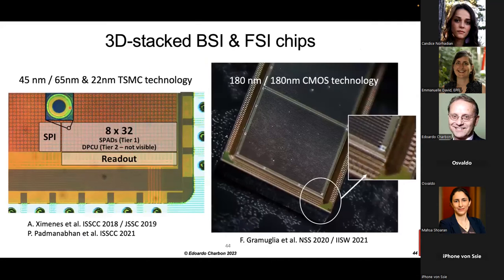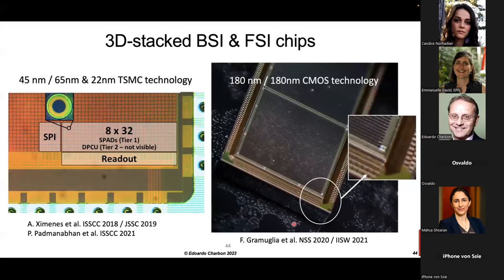So these are two examples: on the left-hand side, the backside illumination chip implemented in TSMC technology, 45 nanometers on top, 65 on the bottom, and then recently 22 nanometers at the bottom, or 180 on both sides. And here you can see the step given by the thickness of the top chip, and you can see indeed